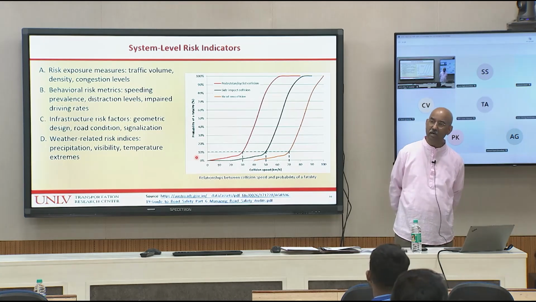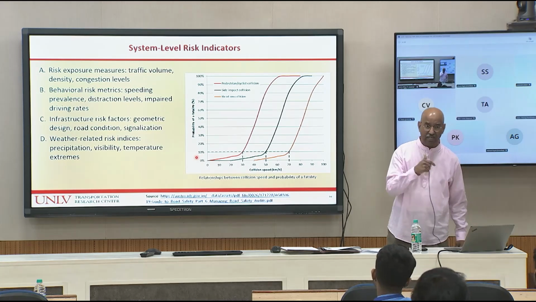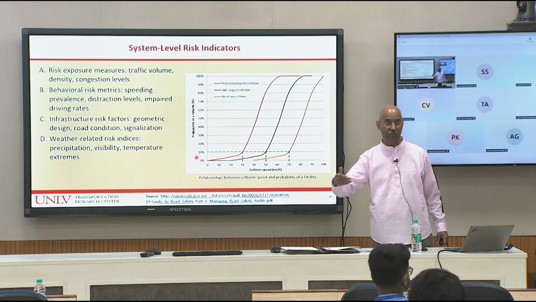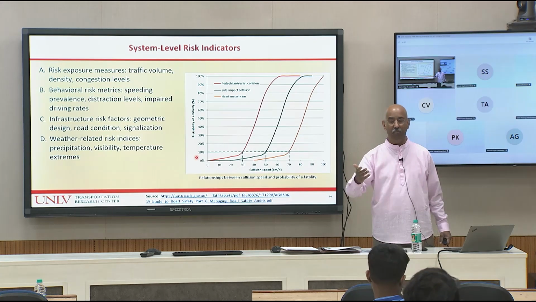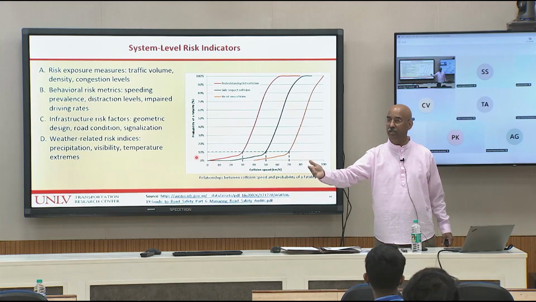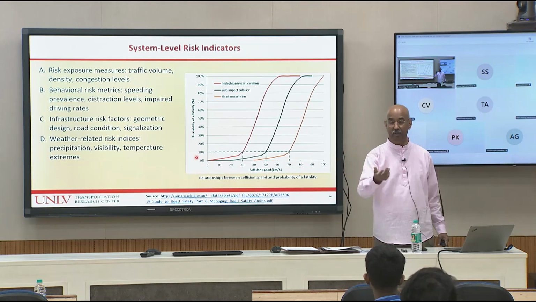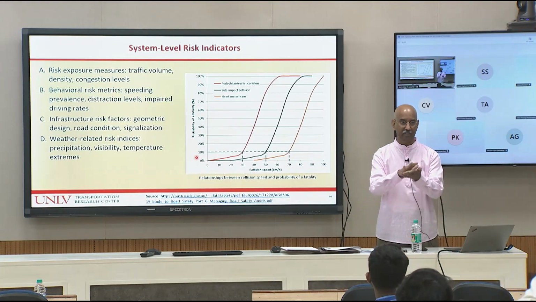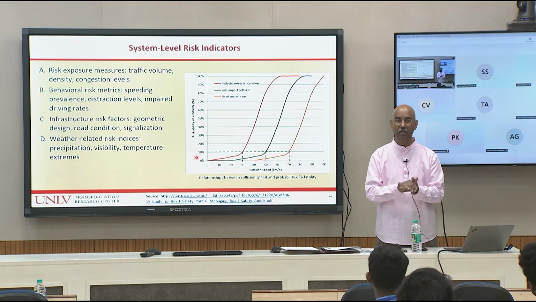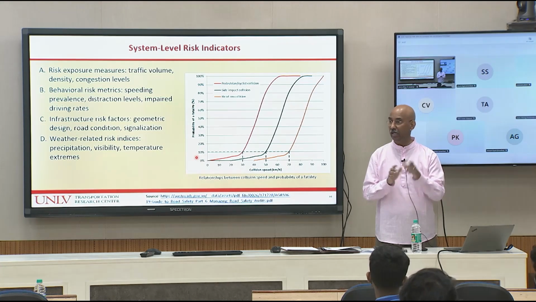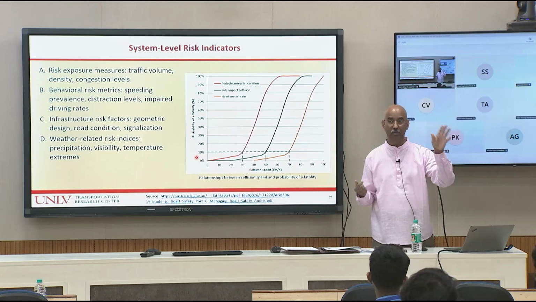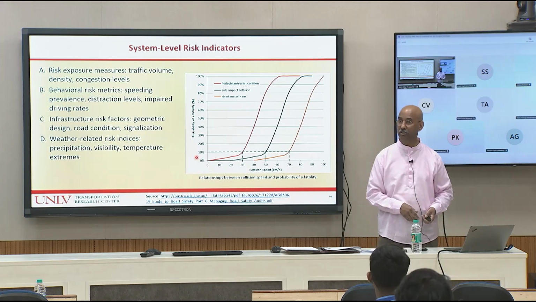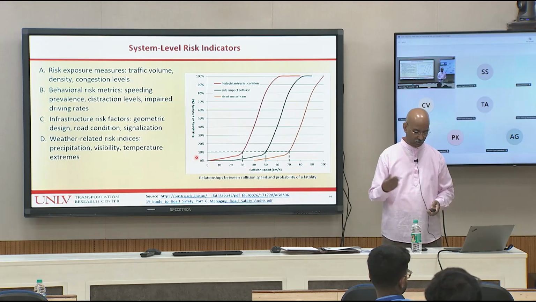Weather related is harder for us to control, but if we know that, can we communicate that to the road users in advance, particularly motorized road users? Maybe even 200 meters upstream is enough. In the US we have lots of icy, snowy conditions. If there's a slick patch of ice, can they alert other motorists saying, hey, slow down, there's something. Fog, which I believe you have plenty of fog issues here in the Northeast. So these are some examples.